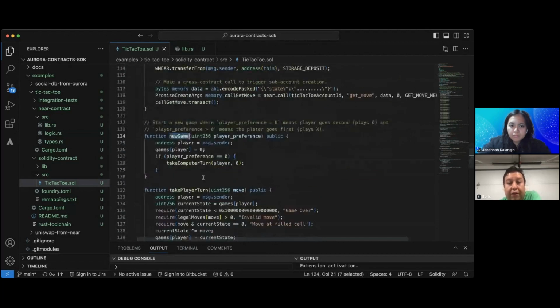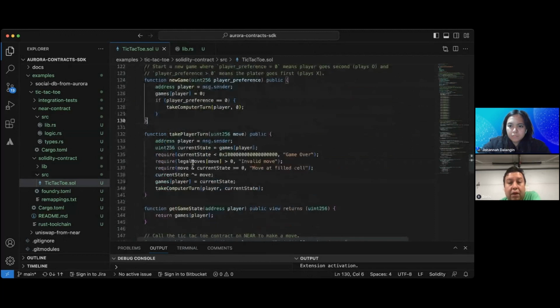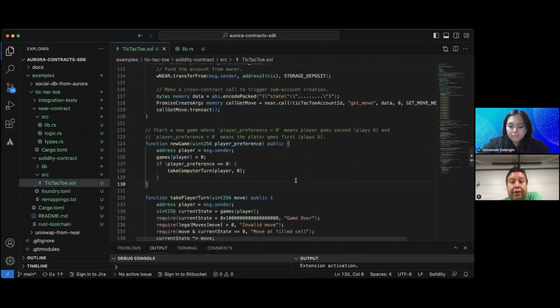The new game is not related with Near, because the games are stored in Solidity. They are not being stored in Near, so it doesn't have to do with it. Basically, it's just creating a new game, setting the board, and taking the computer turn.